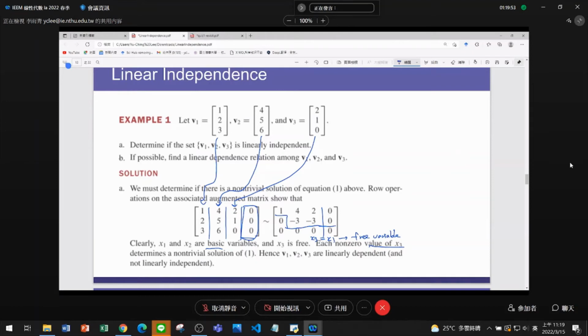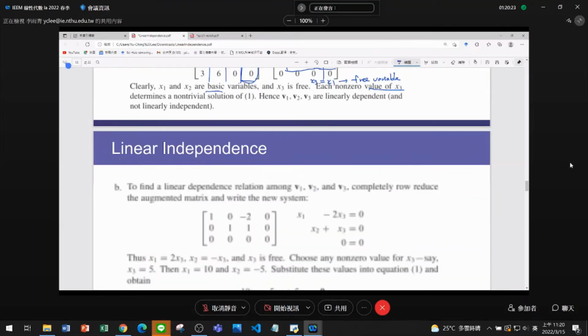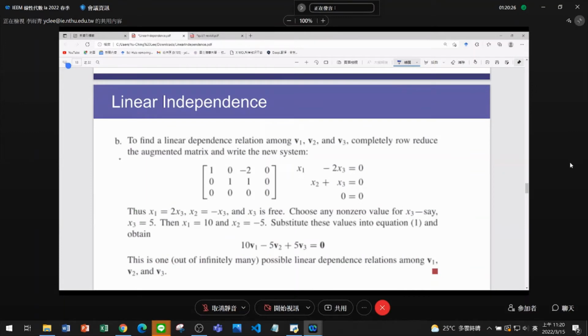x3 可以 take 所有的值，然后因为它是 free variable，那这个情况之下呢，我们就发现说 v1, v2, v3 它是 linearly dependent and not linearly independent，它们不是线性独立的，因为求解这个 augmented matrix homogeneous system 的结果是不只有 trivial solution 可以解决它。那我们还有第2个小题必须要回答。To find a linear dependence relation among v1, v2, and v3,